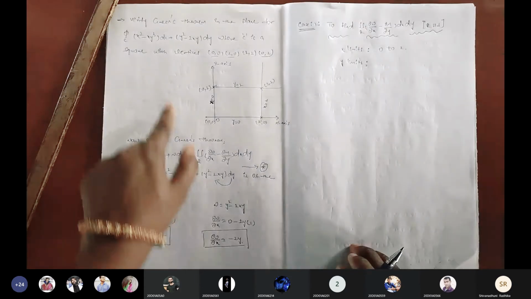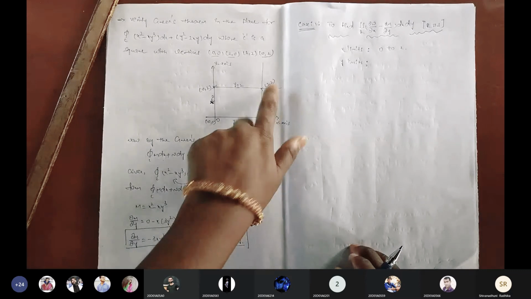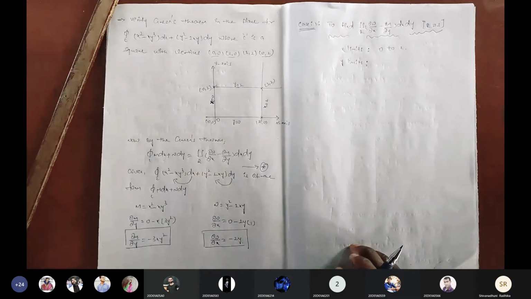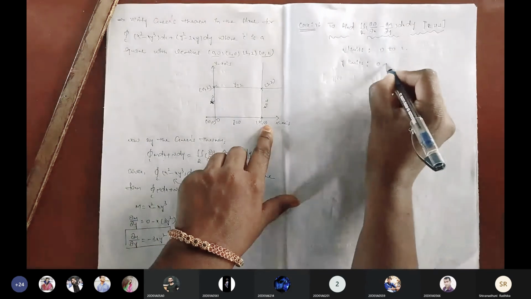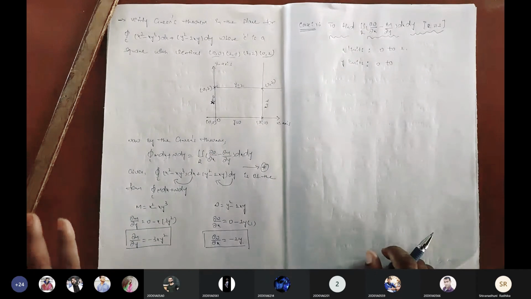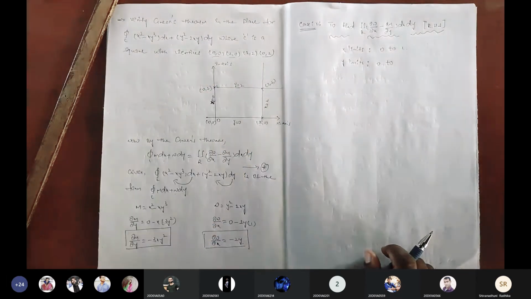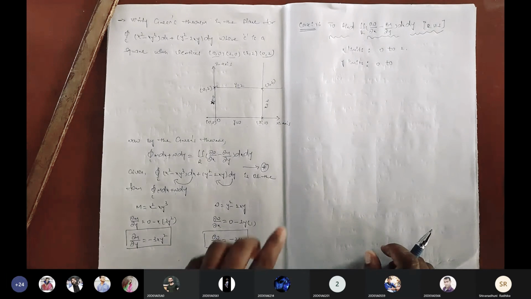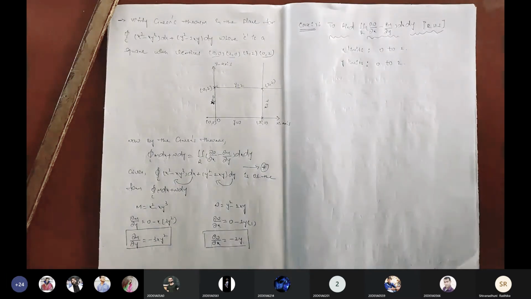And again, how can we identify the y limits? What about the y lower limit here? Here y is 0, here y is 0, here 2. So which is not lower. And here also 2, which is not lower. So the lower limit of y is the maximum 0. And what is the upper limit? Here 0, consider that not applicable. And here 2 and here 2. So what is the upper limit? The highest value of y here is 2. So this is the identification. Completed now. Total data we are going to substitute in the RHS.